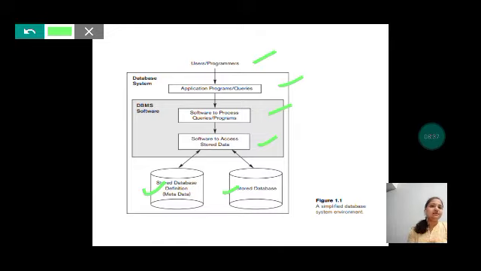So that can be given by users or programmers. As a user I click on upload, and that query is generated by the application programs or queries in a language which will be understood by your system. And in the DBMS software, that is the database management software, there is a software which processes these queries or programs.